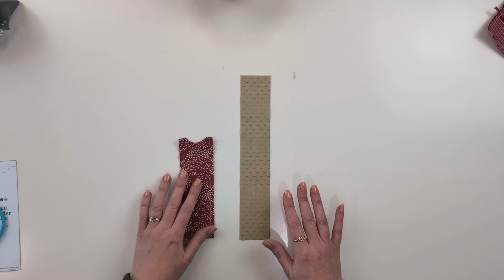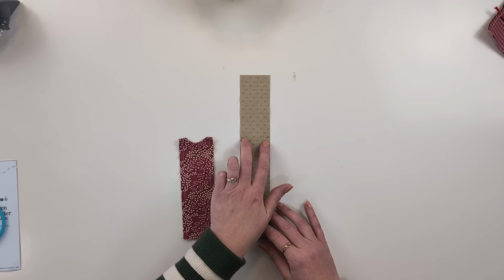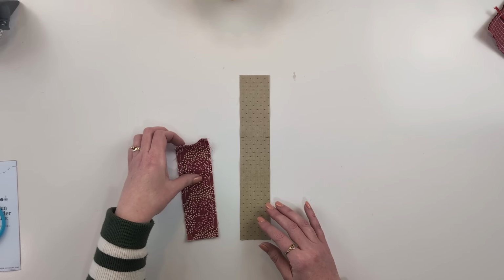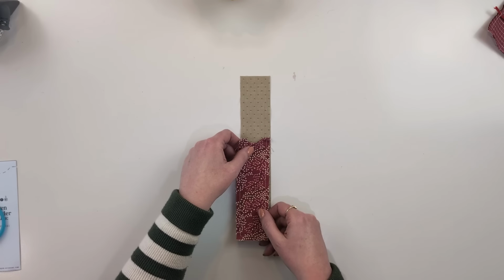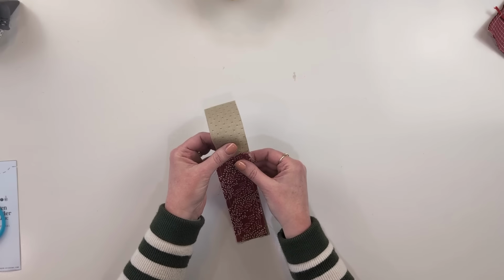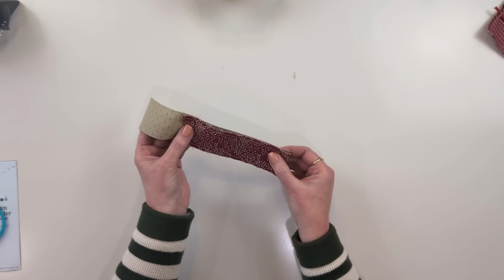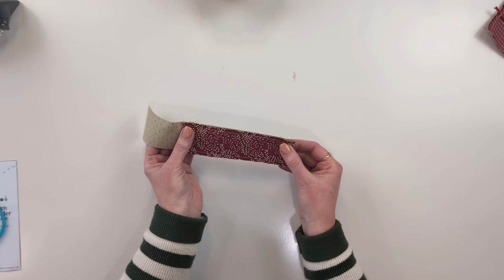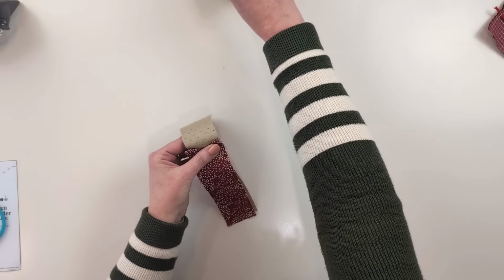Now take your pen holder and your flap extension and lay your flap extension right side up. Make sure you've transferred both of these marks from the template. And we're going to take the right hand top corner edge and align that with the right hand mark here on the flap extension, and match up these raw edges going down the bottom here so that this lines up with the bottom corner as well. So just clip your way